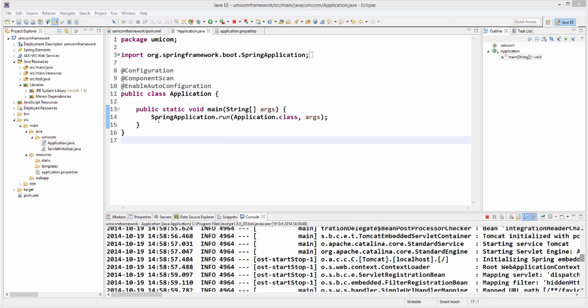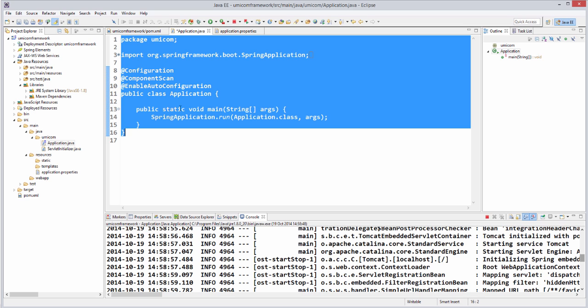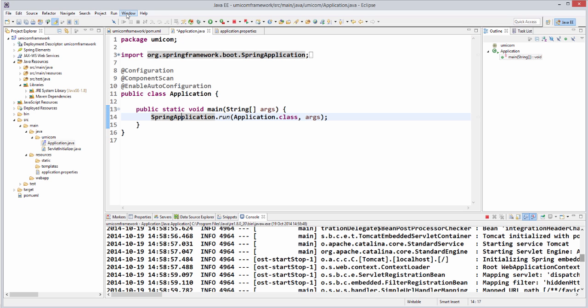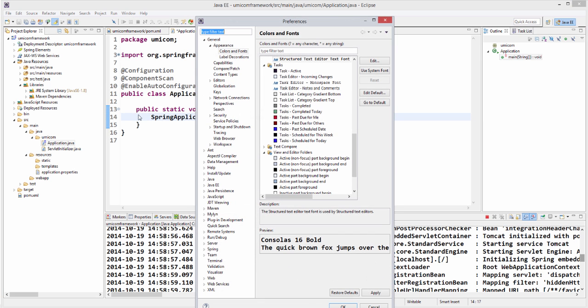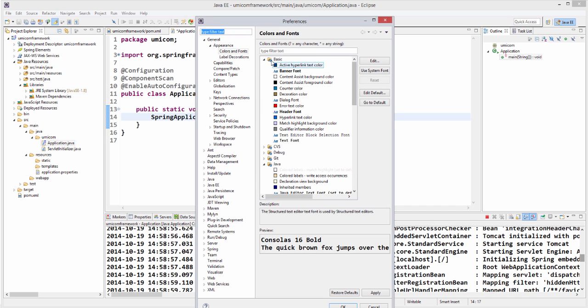Okay, moving forward, I've just changed the font in Eclipse, so it's a little bit bigger. The way I've done that, just to show you, I've clicked on Windows, Preferences, and then in here General Appearance, and you've got Colors and Fonts. And if you just go to the basic, you can change text font, and then I could just say